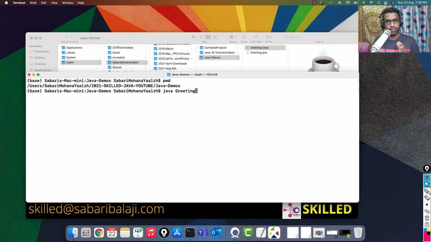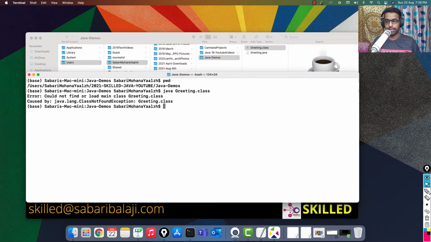Automatically, the JRE will go and search for the greeting.class file. So we need not explicitly provide the dot class, and you should not provide it. Let's see what happens if I give dot class. When I say java space greeting.class, it says could not find or load main class greeting.class. Obviously, because it is searching for the greeting.class format, which is not required.